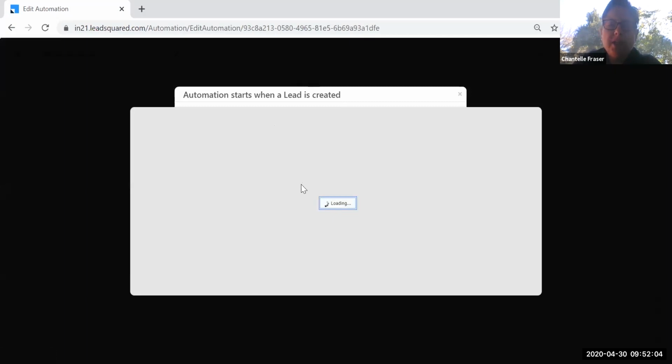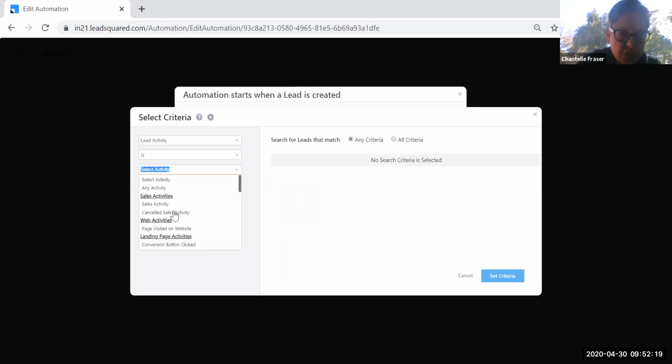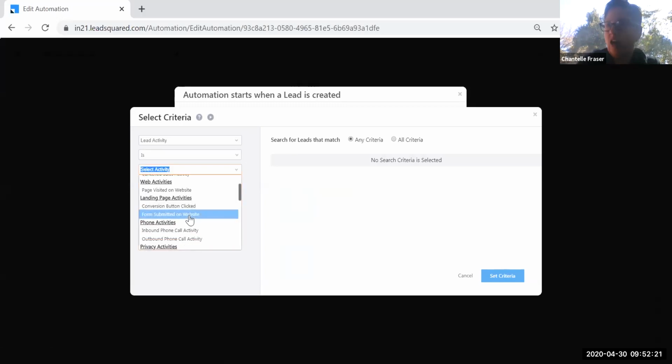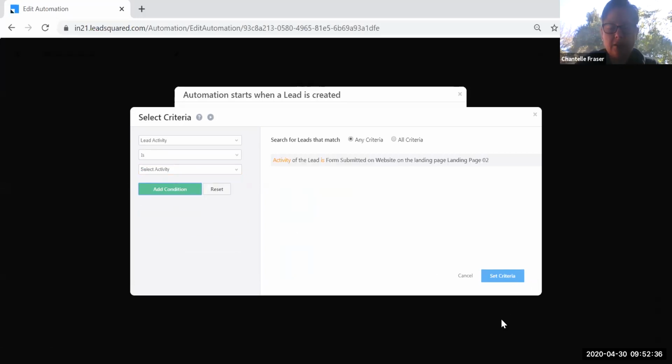So this box will look familiar to you again. It's going to look like the box looked when we did the advanced search. When a lead goes to one of my landing pages and they submit a form on a specific website, but not just any landing page, when they specifically fill in the form for, let's say, this landing page, then I want to send them a very specific email. So I'm going to say set criteria,